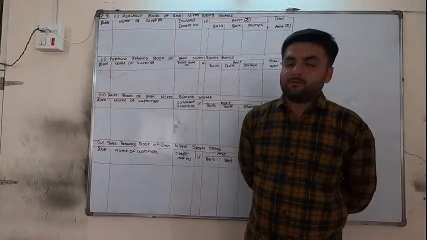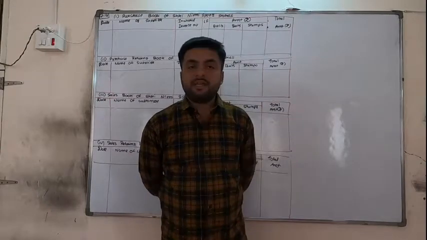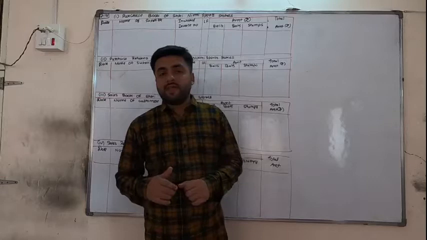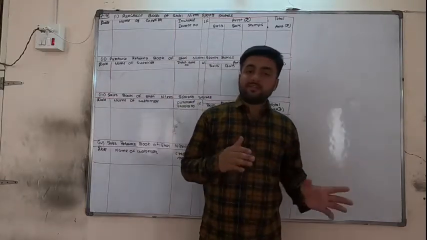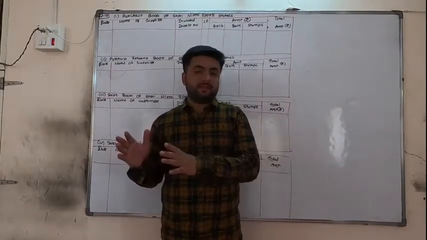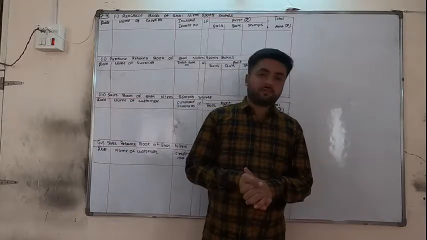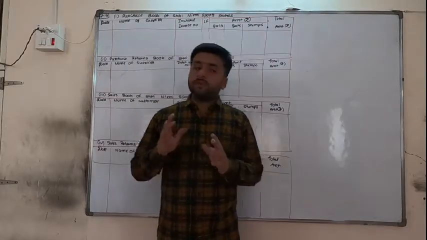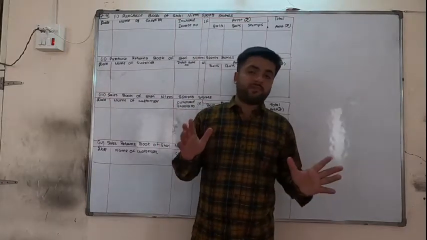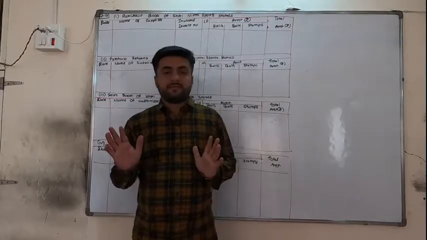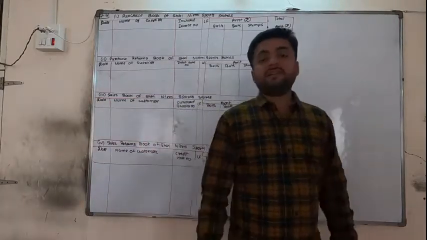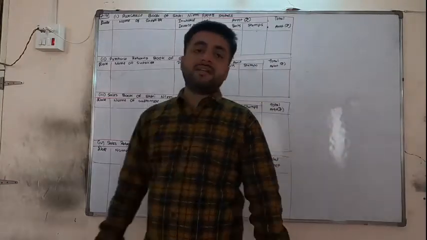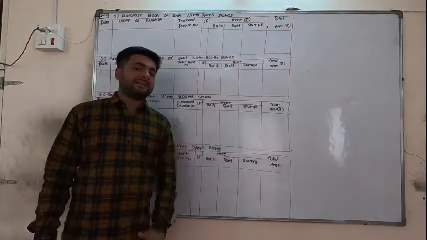Hello friends, in our previous lecture we completed a sum with all the subsidiary books, that was the 12th sum, and it had very simple subsidiary books, meaning the columnar subsidiary book was not there. Now, as you can see on the board, sum number 14 is about all the subsidiary books and columnar books where we have the goods columns. I have kept the format ready because it took so much time to draw, so we can directly start the sum.